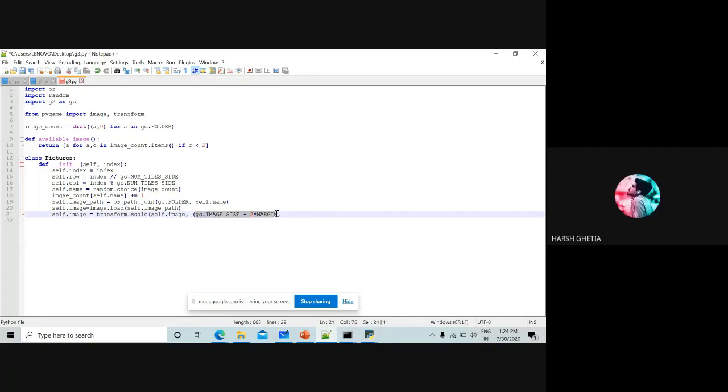Ma'am, why not 2 into GC.margin? Yes, GC.margin, sorry. GC.margin, I forgot. Got it, Harsh? Yes, ma'am. Okay, so same value like this we have, and this is done. This image is going to be transformed in the form of whatever the image we have, with the margin of twice the margin provided in this GC.